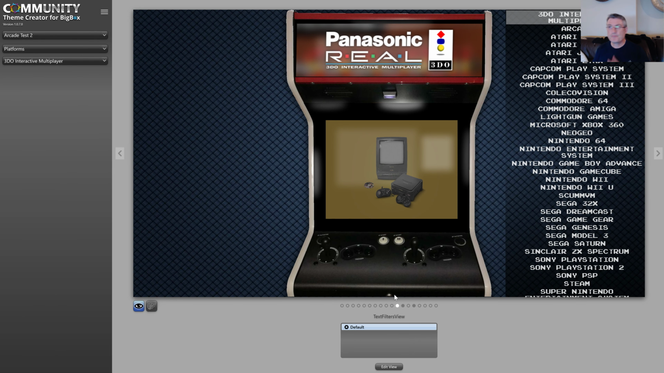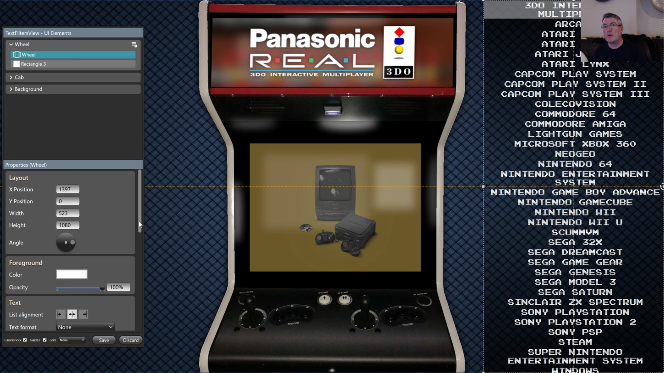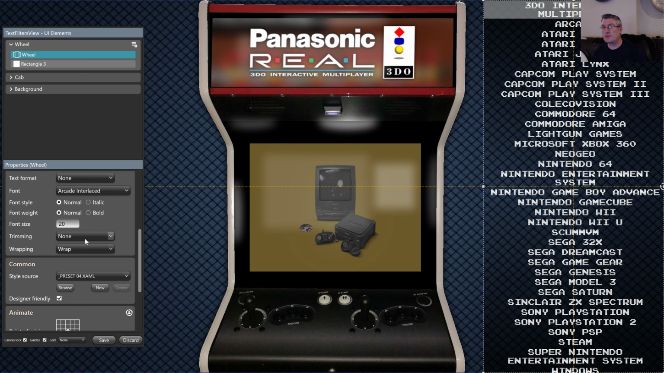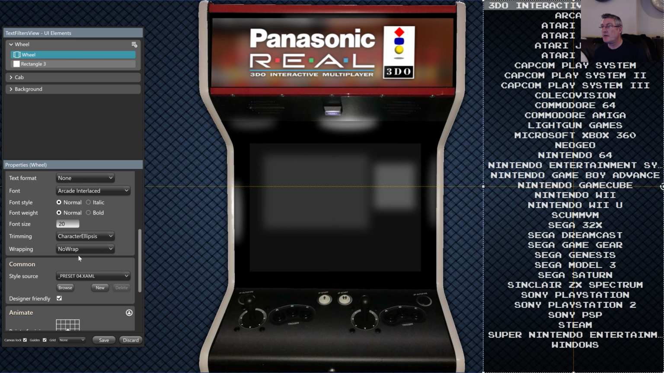Let's go back to views, and let's see. Yeah, this is actually a good example. So another tweak that I have made to the text list or text-based wheels is the ability to wrap and trim the content. So let's see. Trimming is off, wrapping is on. If I say no wrap, you can see that the text is being cut off, and then if I put trimming in,